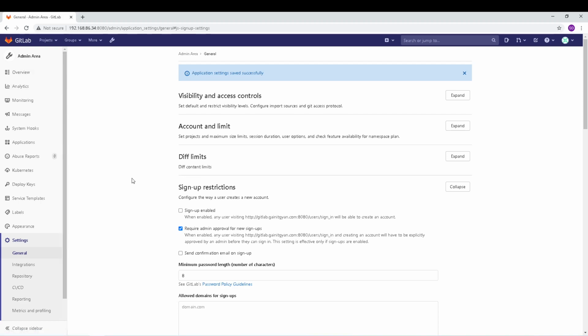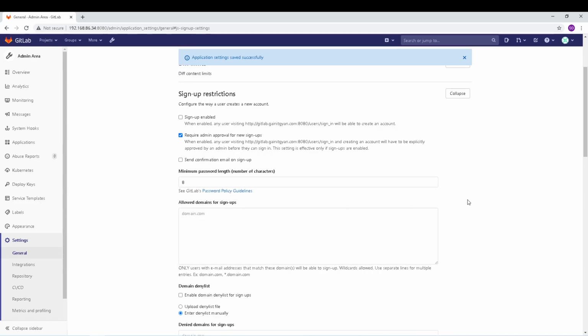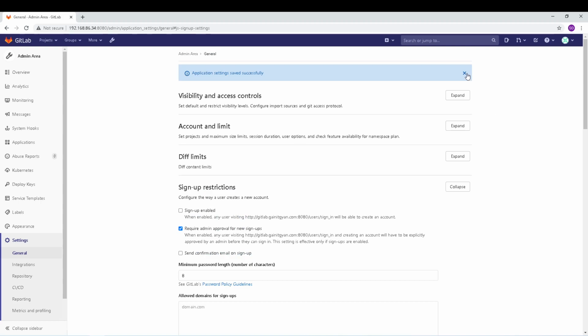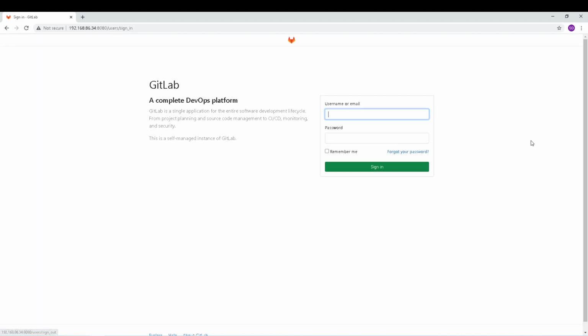Okay, so for now let's go back to our topic, that is the sign up restrictions that we unchecked and disabled. So let's make sure that the changes got reflected. What I'm going to do is sign out, and you can see that the link is gone. Okay, so let's log in back,